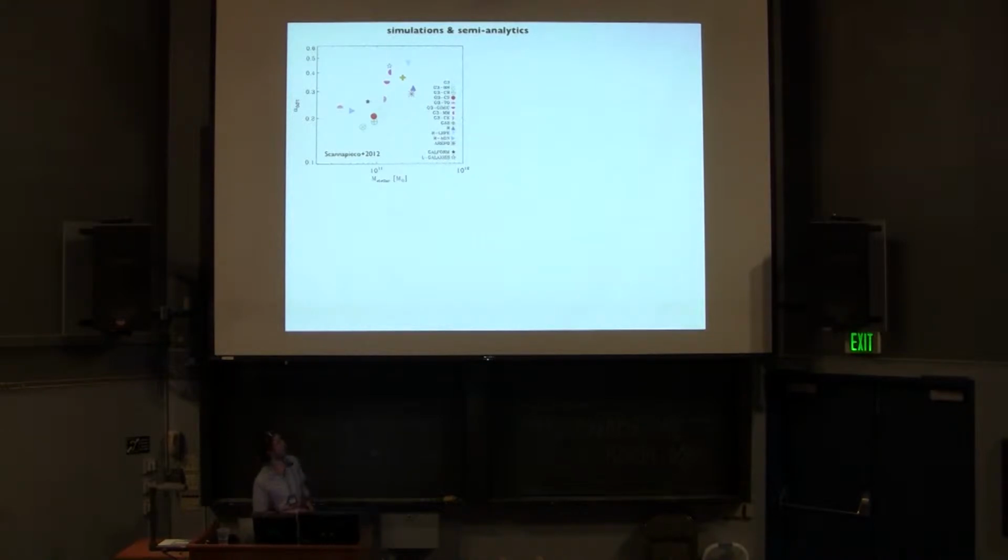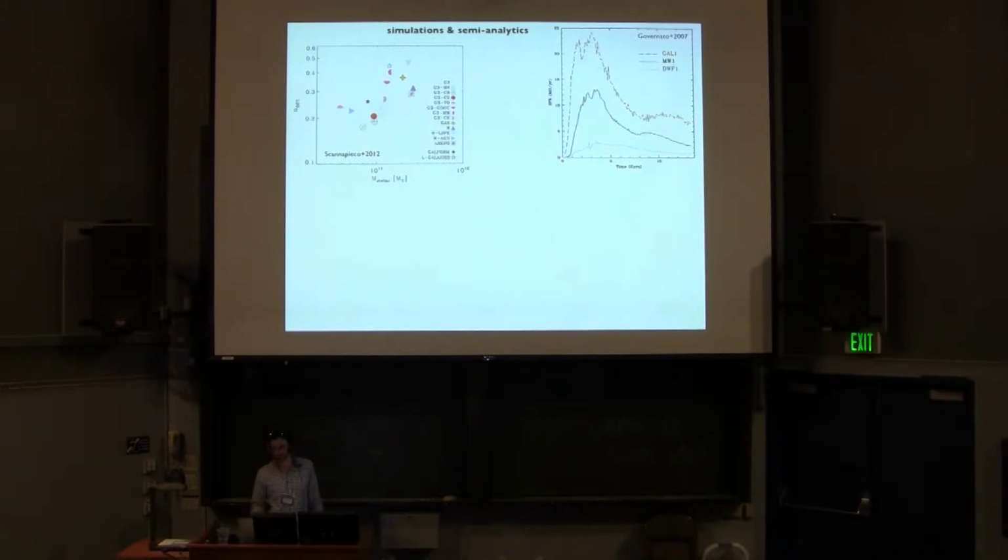Here's a slide from the Aquila comparison project, where they played around with different feedback models to try to reproduce a Milky Way at redshift 0. So this is a halo of the halo mass of the Milky Way, about 10 to the 12. And you see a very clear trend here, where the models that get the stellar mass correct, which are on this side, tend to have earlier star formation history. So this is the time at which half of the stars form. They end up having most of the stars form as early as redshift 5, which is incorrect.